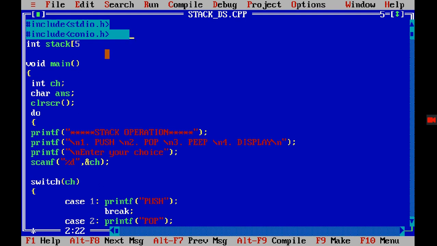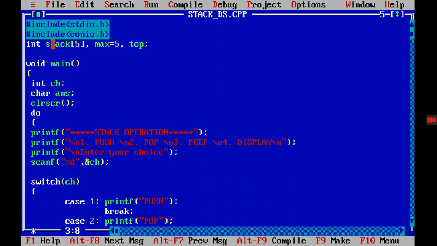You can apply any size, right? You can do it like 100, that is a basic size, but right now for your explanation I have mentioned it as a 5, right? Then I have to take one more variable max, and I have defined it with the 5. Then one more variable I need, that is top, right?